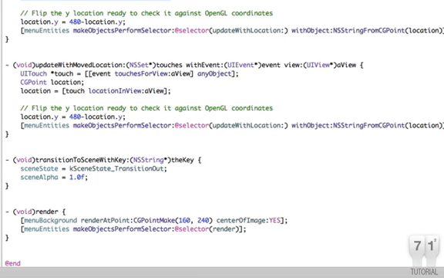So what we need to do is switch that around on the y-axis. A very quick way of doing that is to just take the location value we've got away from 480, which is the height of the screen, and that will switch it around so that the y value is being registered correctly. And once I've done that, I then make use again of this make objects perform selector